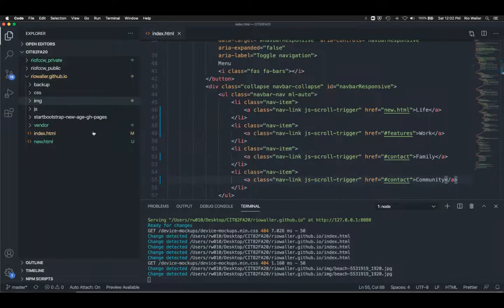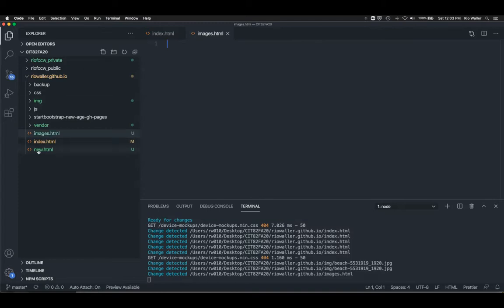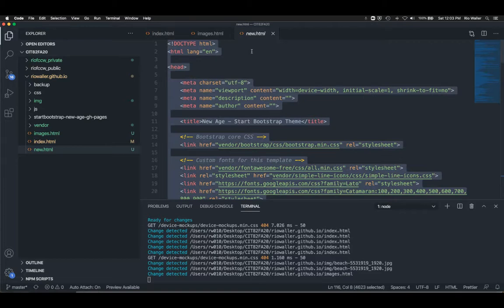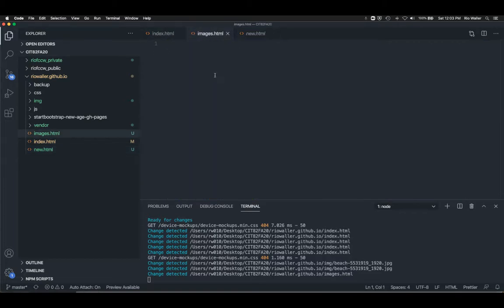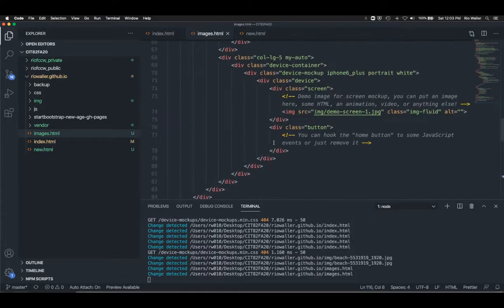So here's the deal. I'm just going to walk you through part of it. I'm going to create a new file in my template. I'm going to call it images.html. Right now it's blank, so I would go grab content. Now, I don't care if you're going to use content from the menu. You can do that as well. I could use the one from new, but I'm going to select all. I'm going to come over to images, and in here is where I would play with putting those images.